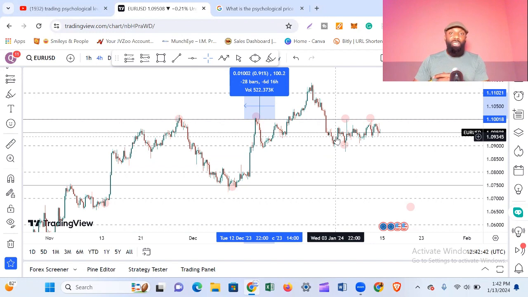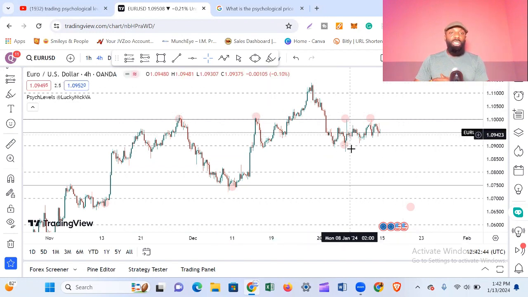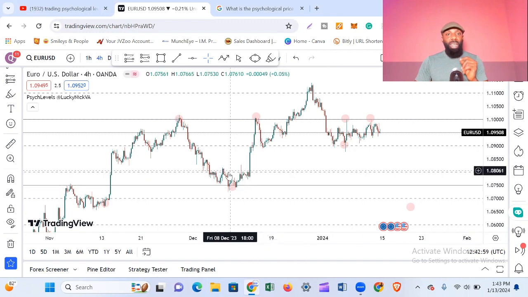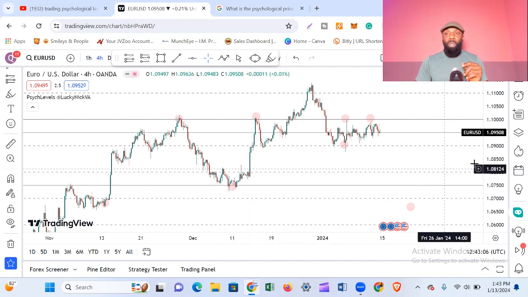Now, the basis of what I'm actually trying to tell you is this. If you look at every psychological level, just look at this right-hand side of the chart, you can see 0.0800, okay? You can see this line of psychological level here. Something actually happened here, okay? There's a movement of either up or down here, okay? Now, if you look at this other one,